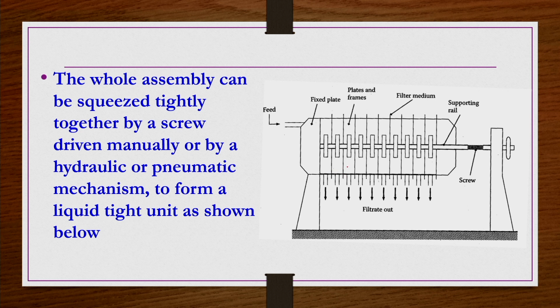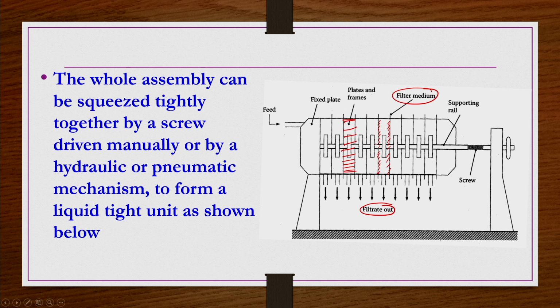So, now here one unit, this is one plate and frame unit. We can have different plates and frames. Whatever lines are there indicate the filter medium, that there is a plate, right. That plate is covered with a kind of filter cloth, and on the other side maybe a wash plate, which is also covered with a cloth. The material comes out here, only the filtrate goes out through the filter cloth, and the solids are deposited in the hollow center portion of the frame.